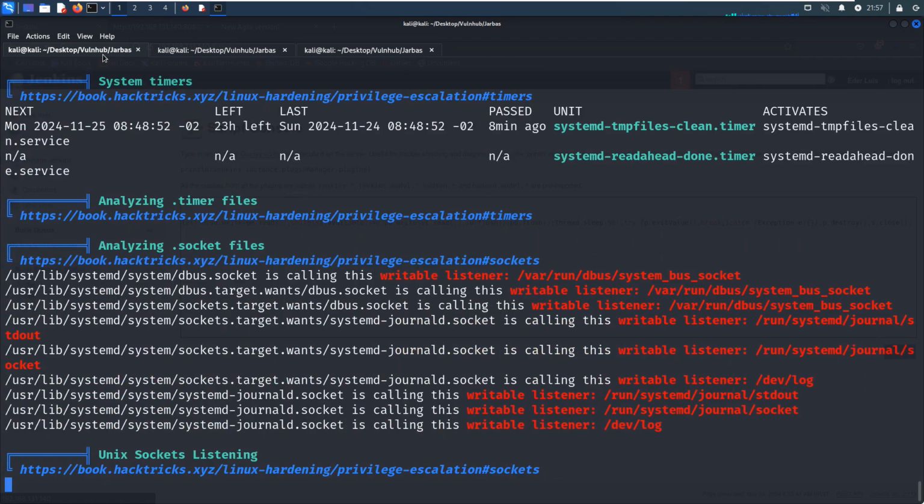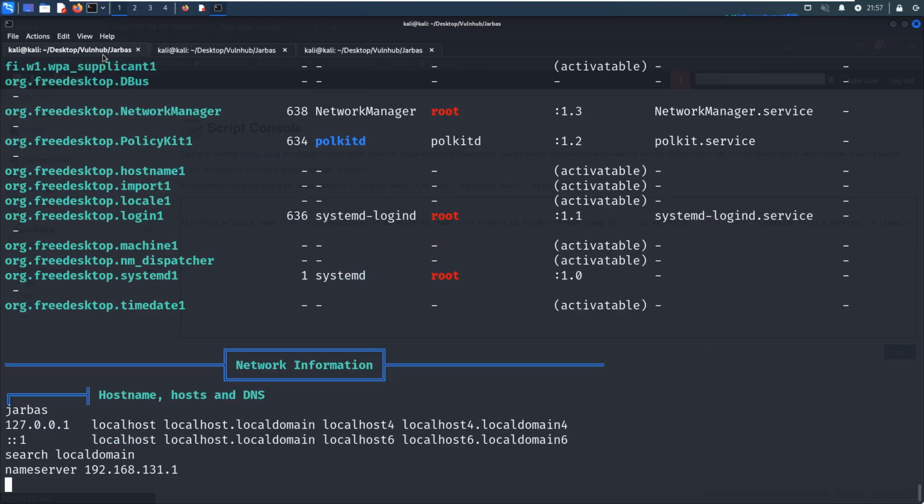As you know, if you want to elevate privilege, in most cases we can utilize this script to do the automatic enumeration.